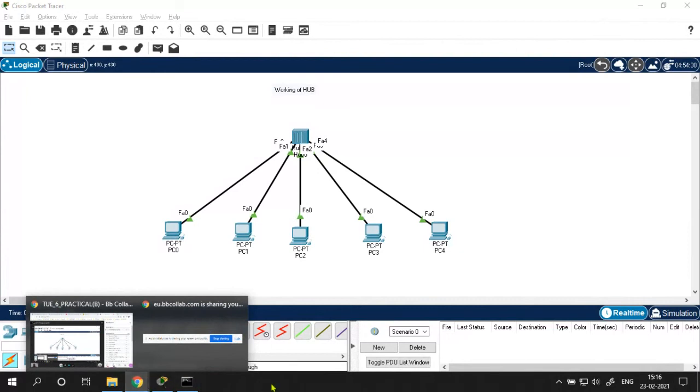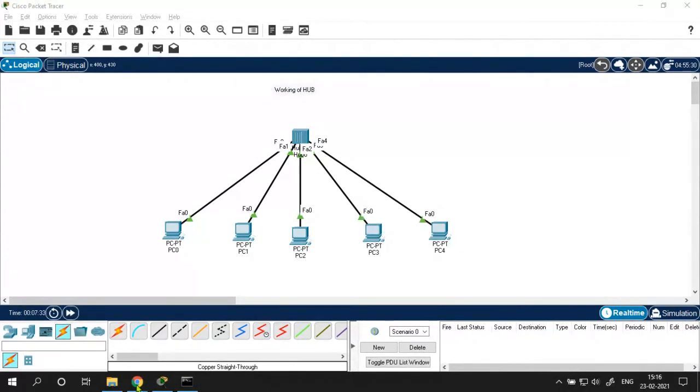There is another network device, that is the switch, but first we will see how to implement the concept of static routing. In static routing using two routers, you will require two routers, right?